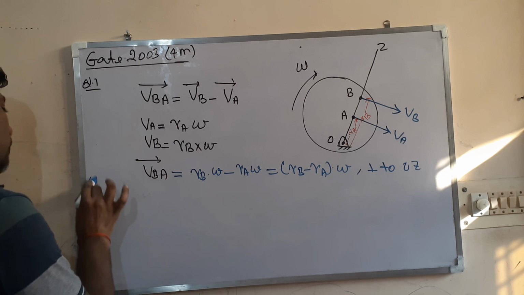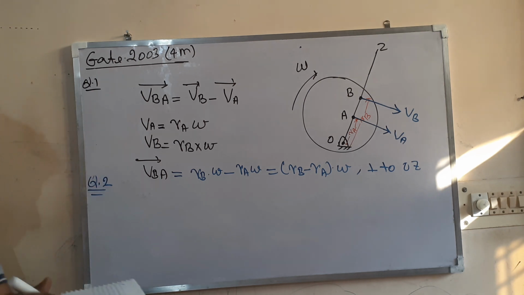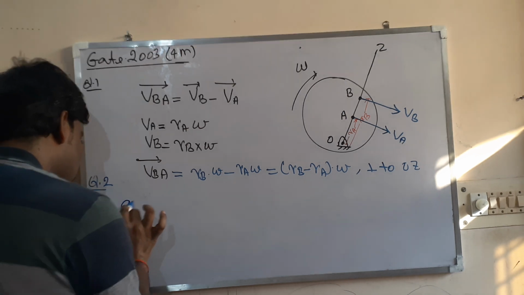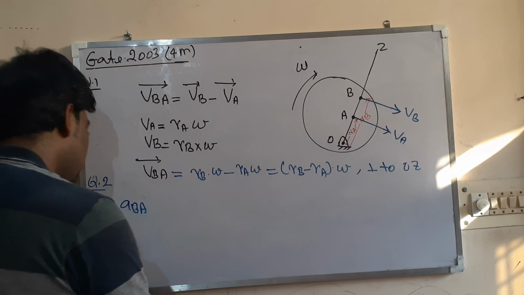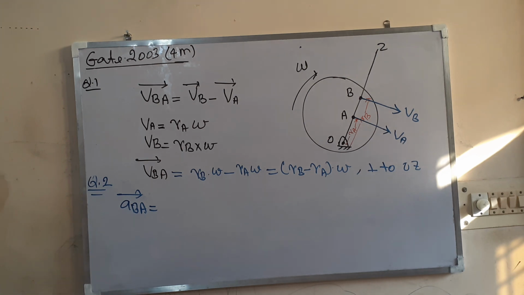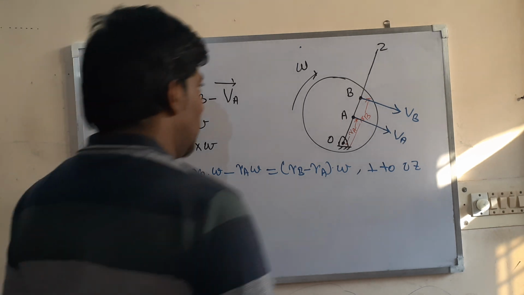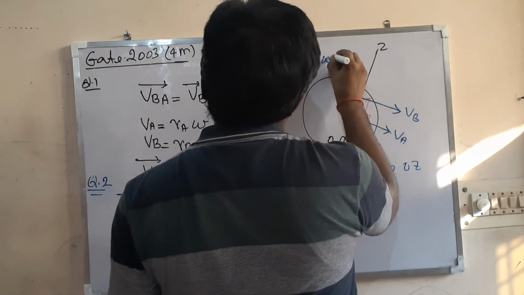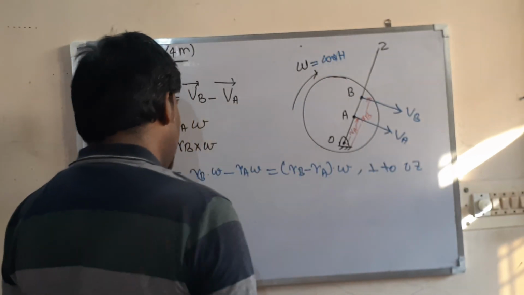Now, the next question on the same data. Let us see what he is asking. The acceleration of the point B with respect to A is a vector of magnitude... He is asking the acceleration of B with respect to A. So omega; let us see that this omega is constant. When this omega is constant,